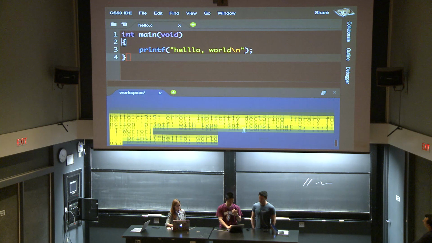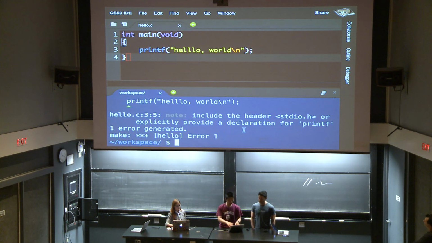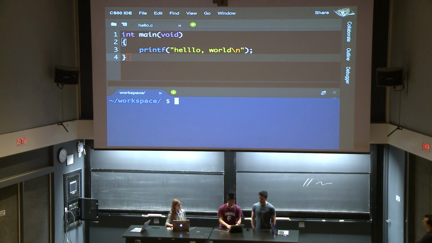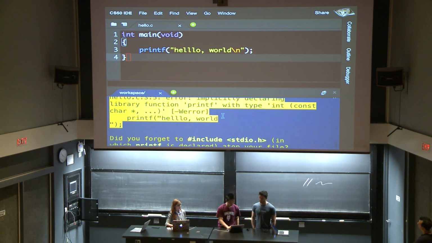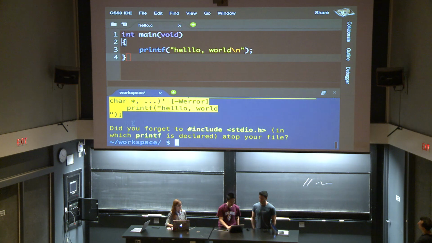So I compiled this program initially using make hello. If I instead type help50 make hello, whatever command I was originally typing, and prepend help50 to the beginning of it, and then press return, what I get back is it highlights the error message, but then underneath it tries to provide some additional useful advice. In this case, it's asking me, well, trying to understand that error message, did I forget to include this line where printf is declared at the top of my file? And indeed, that's exactly what I forgot to do.